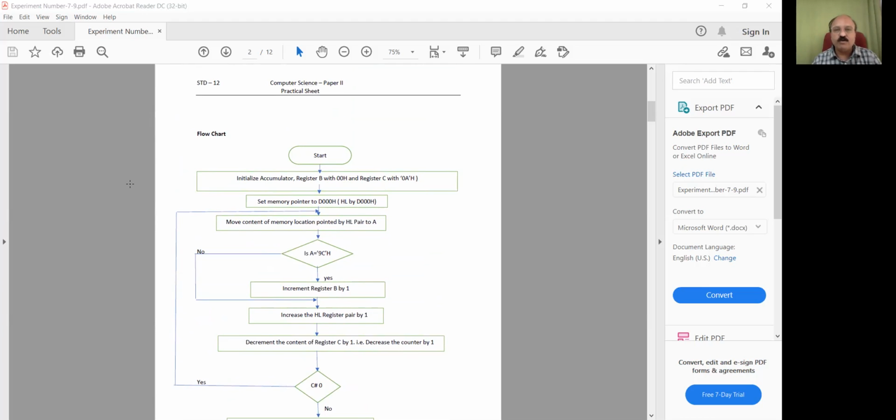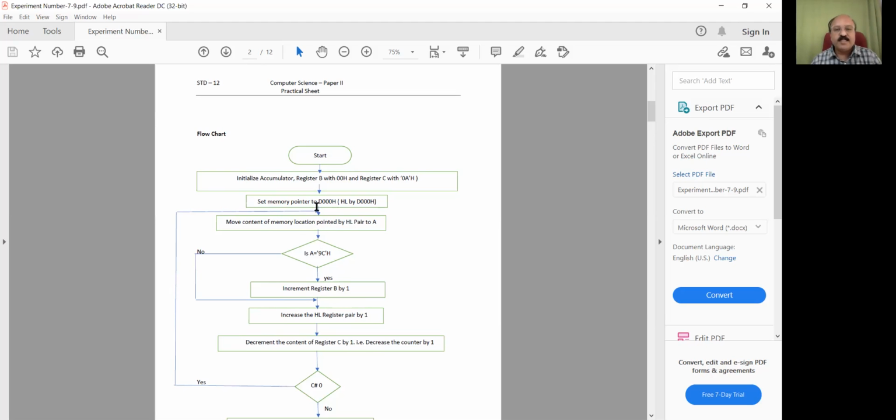Register C is used as a counter and is directly loaded with 0AH, that is 10. B will be incremented for every occurrence of 9C, and C will be decremented for every location, whether it is 9C or not, because it is the counter for the memory locations.